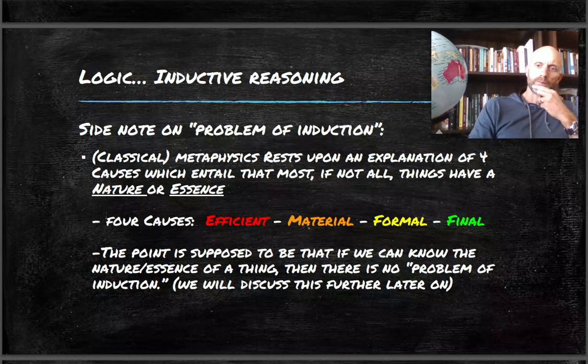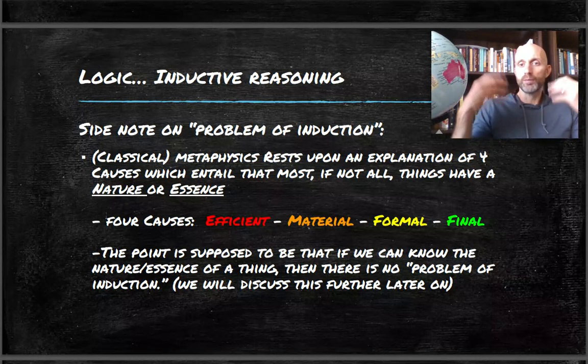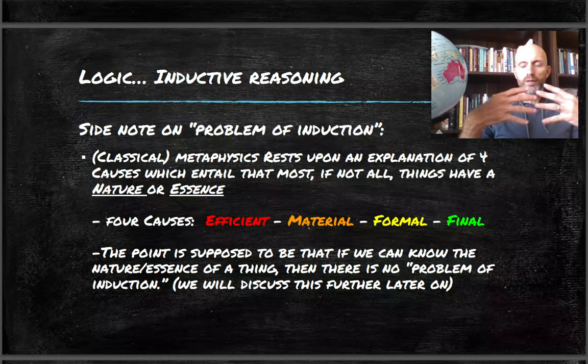So if, by observing man after man after man, after all of these observations you start to abstract or pull out that part of the nature of man is that it is a mortal thing, that's just part of what the nature of man is,